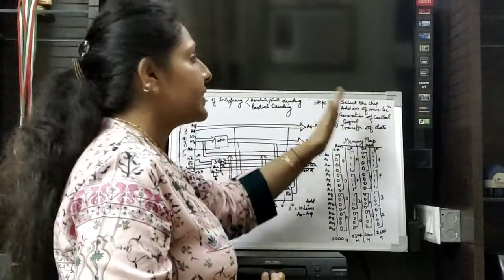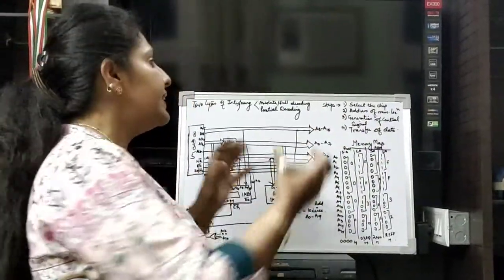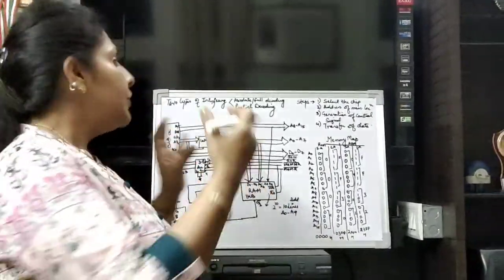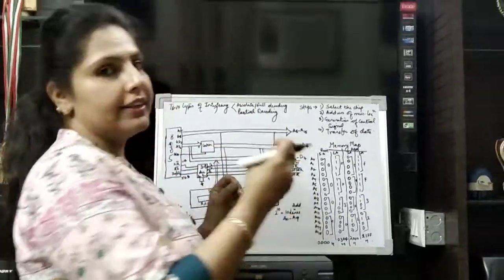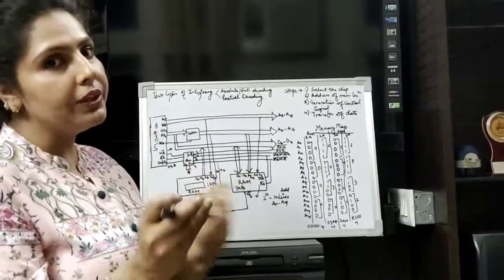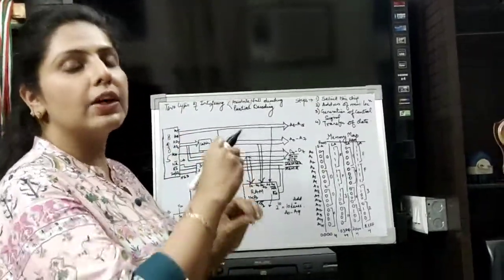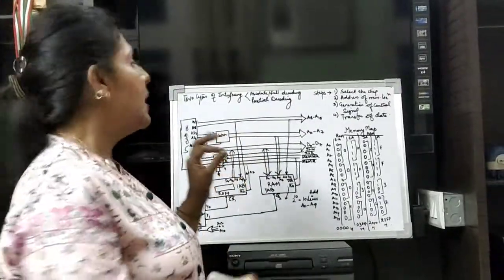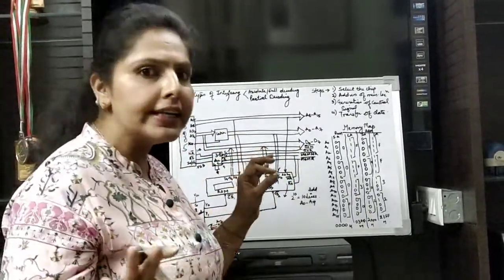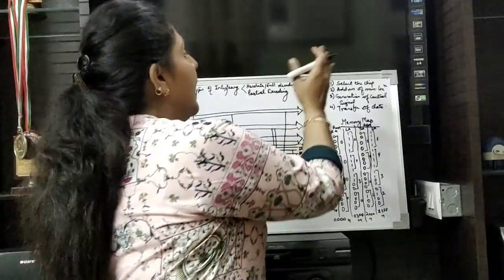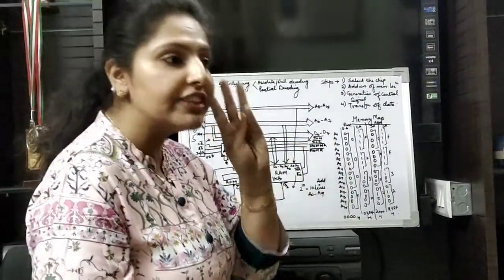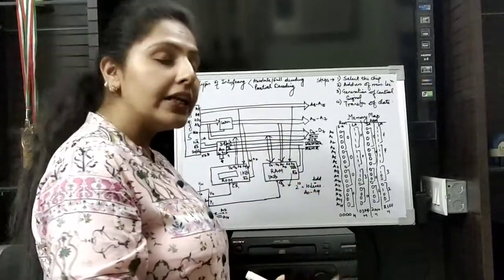Now these 4 steps are basically what? These are basically the use of buses. We know what is interfacing. Interfacing is communication between the two devices. So we are dealing with the communication between the 8085 and the memory unit. The structure of memory unit is already clear to you. Now here the communication between the two takes place with the help of 3 buses. What are those 3 buses?